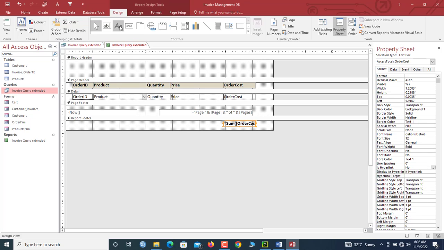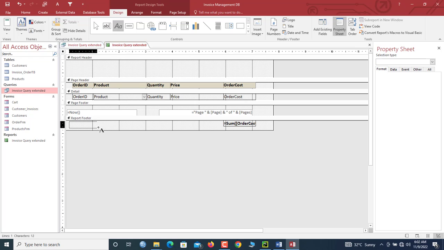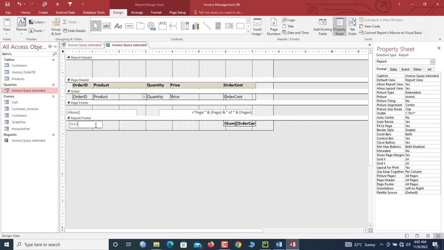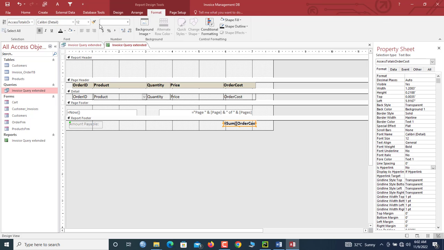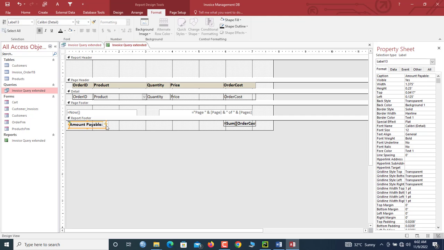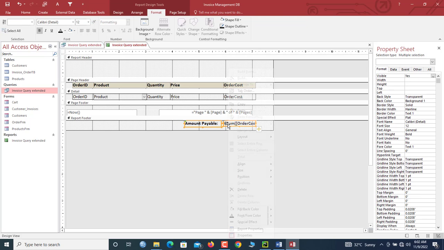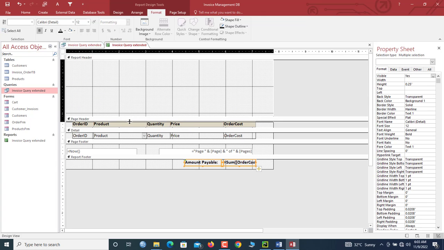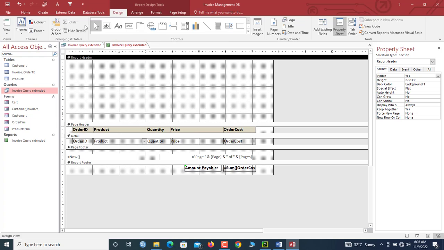So let us bring a label here. So we say grand sum, or you can say amount payable. So amount payable. So format painter, we copy and paint it here. Okay, so we can actually bring it closer here. So let me select size tallest. Okay, so now the next thing, since it's an invoice, so we are going to say,